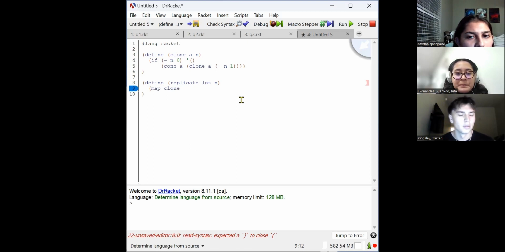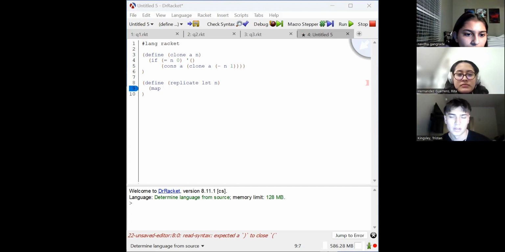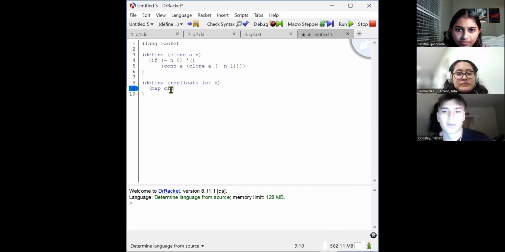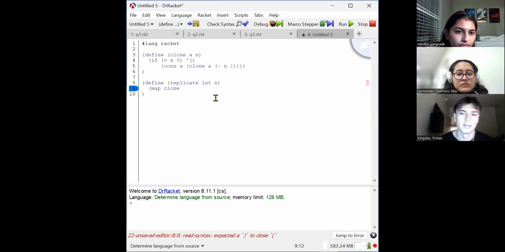So do we have to, because whenever you do a map function, we need to have the function predefined and then you map it into the list. Are we allowed to use the clone function that we did? Yeah, it says you can use the function from problem 3 as a helper function. Okay, that's good then. So you literally just do map, clone, and then n would definitely be one of the parameters for clone, but the map clone,